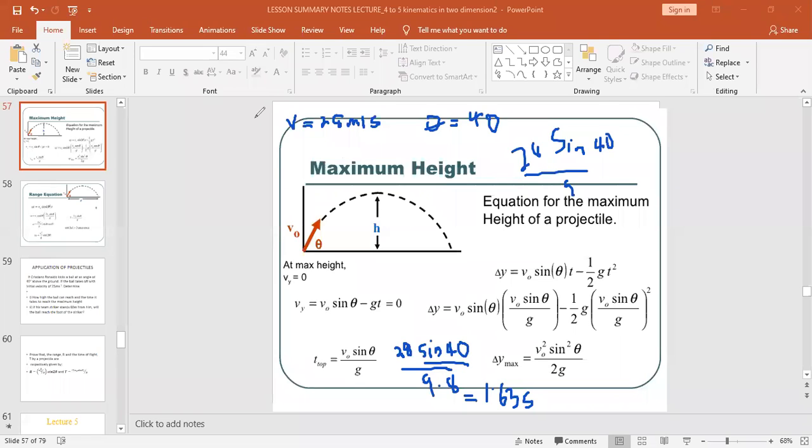No problem. Please, in the question, the initial velocity was 25. Yes, it's 25. Does it change the answer? No, I think you used the right value, so we don't have any problem. So this is 25. Then if you want the maximum height, this is the formula for the maximum height. That will be 25 squared sine